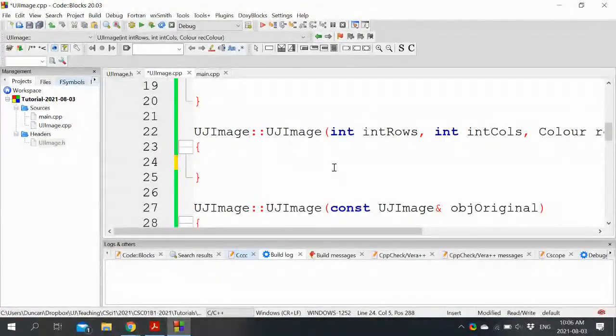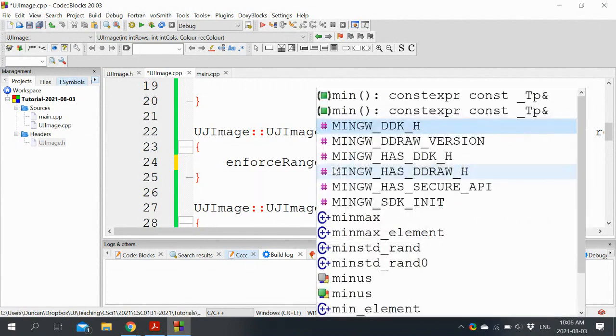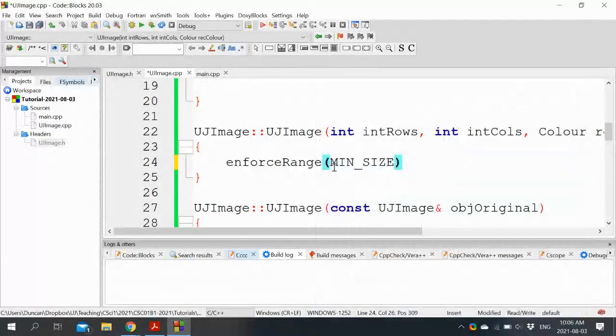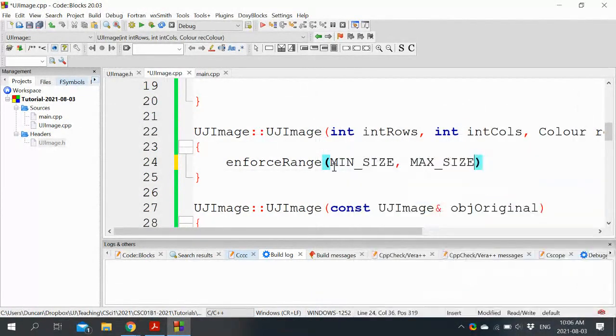All right, so let's begin with the fully qualified constructor. Let's check to see if the rows and columns are in range. So we said that the minimum was going to be 0, oh no, 1. Actually, we've got a constant for that, so let's use it. And maximum, and our value.